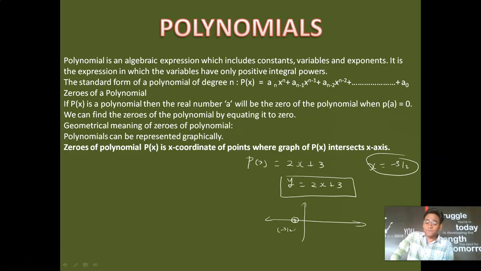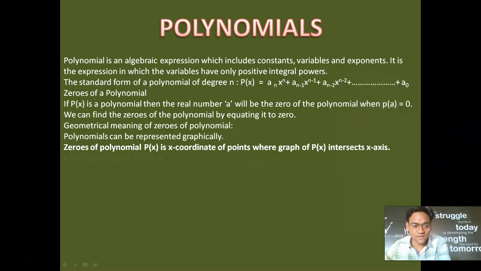ओके स्टूडेंट्स, तो यहाँ से क्या समझ में आया? कंक्लूडिंग पॉइंट ये निकला कि अगर आपको एक पॉलिनोमियल का जीरो निकालना है तो आप उसका ग्राफ बना लो, और ग्राफ को आप x एक्सिस पर देखो कहां कट कर रहा है. जैसे ही वो x एक्सिस पर कट करे, उस पर्टिकुलर पॉइंट पर जो x कोऑर्डिनेट होगा वही उसका एक जीरो होगा. क्लियर स्टूडेंट्स? ये बहुत इंपॉर्टेंट चीज है. ठीक है, अब इसको हम समझेंगे कुछ एग्जांपल्स से. ठीक है, सी